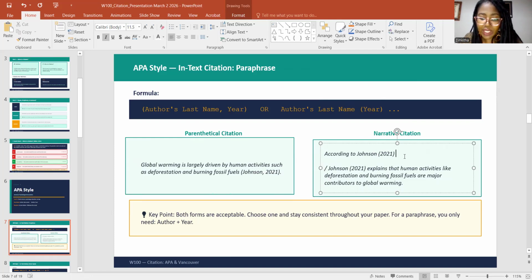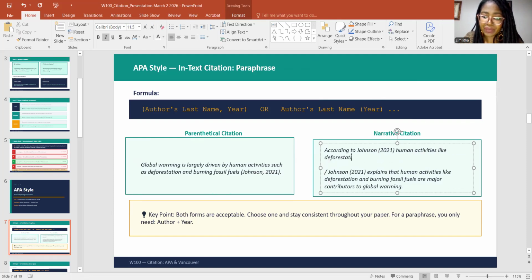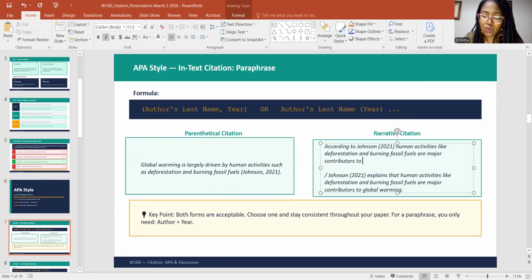You go straight into according to Johnson, human activities like deforestation and burning fossil fuels are major contributors to global warming. Those are the two ways that you can make a narrative citation.